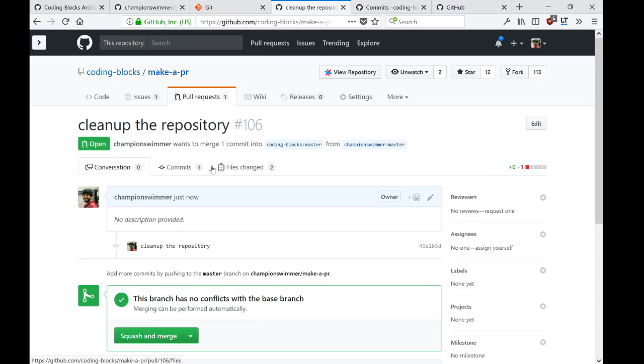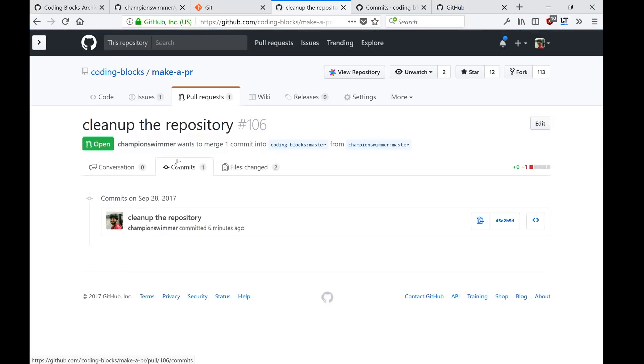Now I'm just changing my perspective. Now I'm looking at this from the perspective of being an administrator at Coding Blocks. Now, because I am at Coding Blocks, I can look at the pull request and figure out if this pull request is a good one or not, if I want to merge this or not. So I can look at the commits in this pull request. Now, one pull request may have more than one commit. Okay,